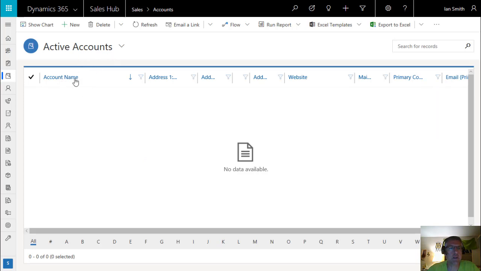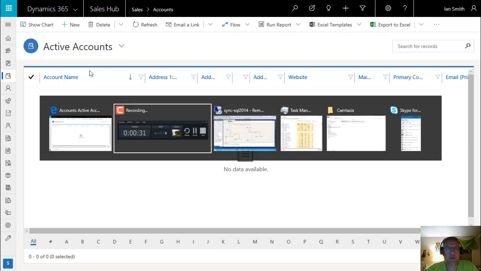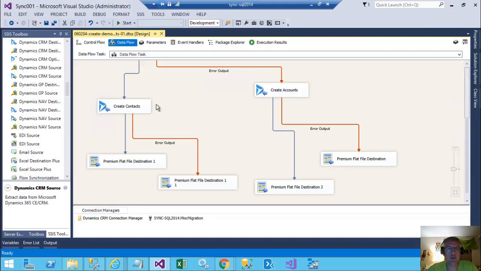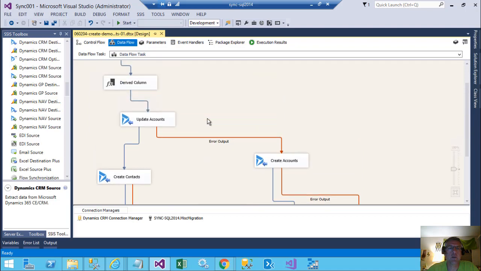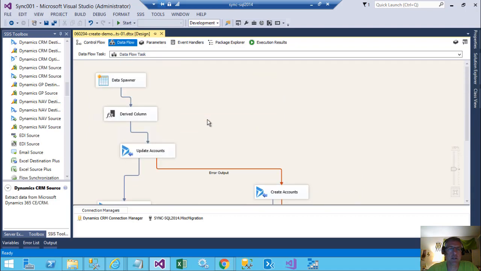So as of right now, this is a completely empty account, so I'm going to toggle over to SSIS on a SQL server, and what I'd like to demo here is this Data Spawner app. It's a component of the